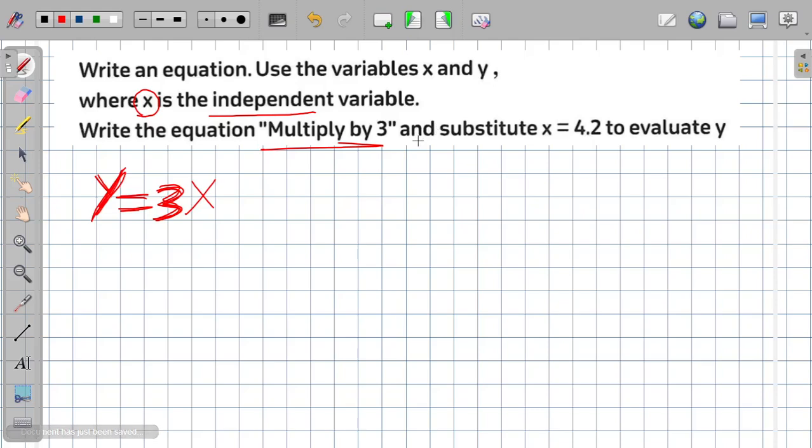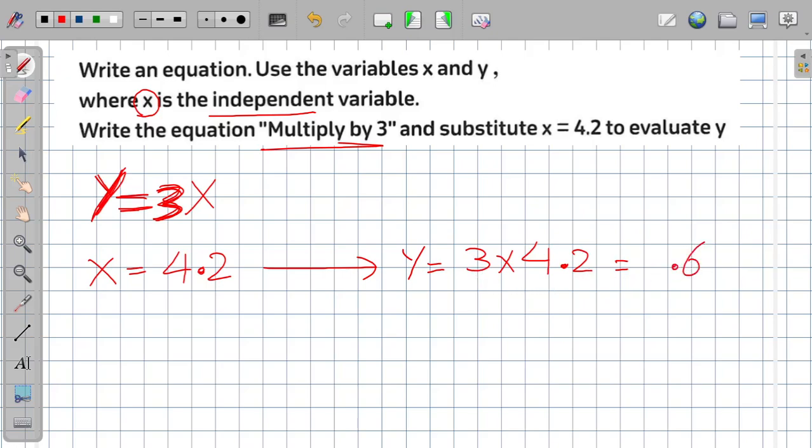After that, it says I want to substitute x with 4.2 to evaluate y. So I can say here, when x equals 4.2, y equals 3 times 4.2. So I will multiply two numbers here. So I have 3 times 2 equals 6, and I will put the decimal point. After that, 3 times 4 equals 12. So the result here is 12.6. Okay,